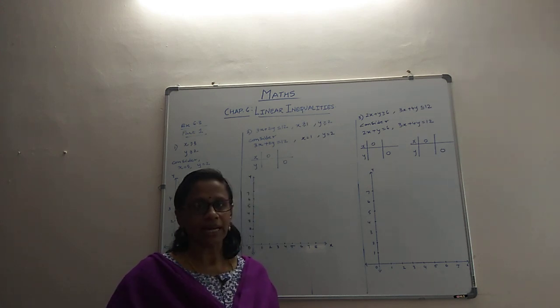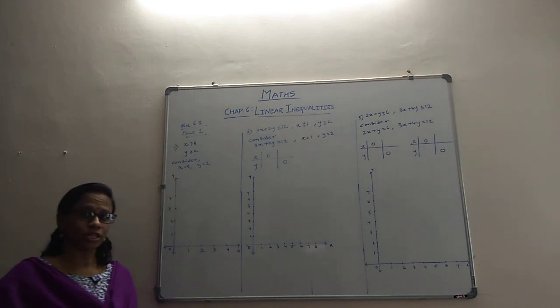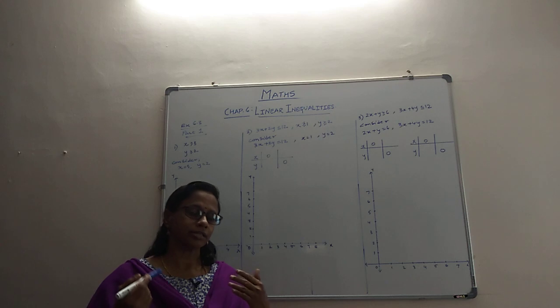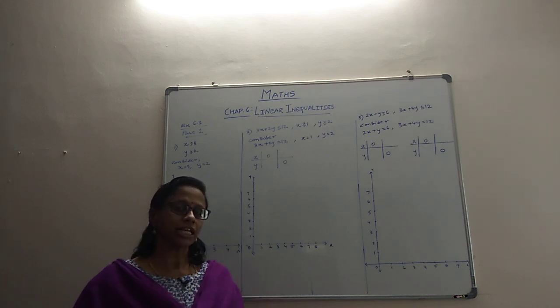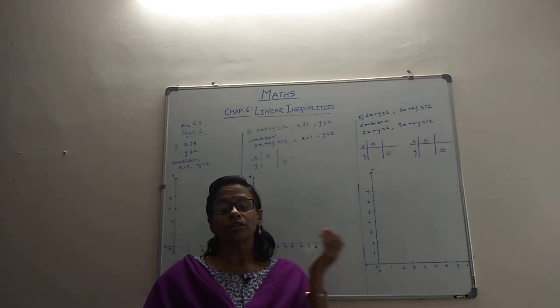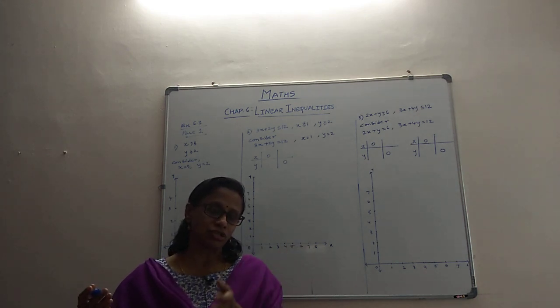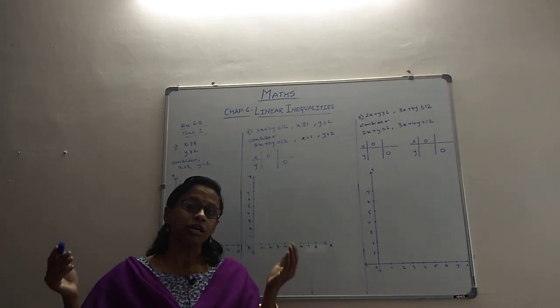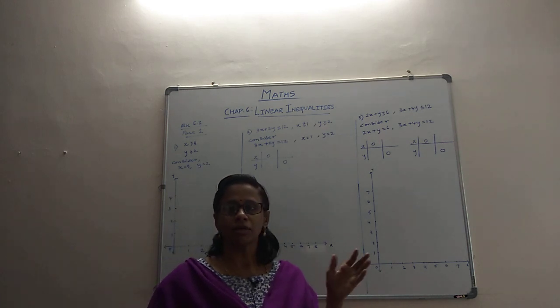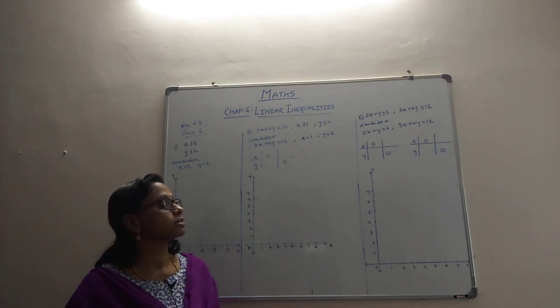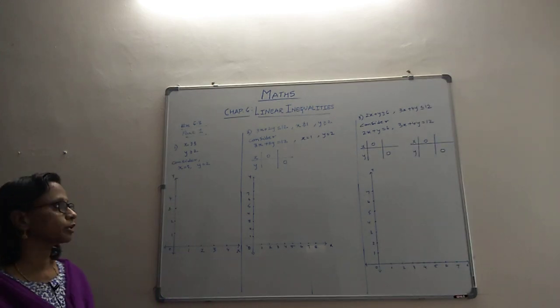Now we move one step ahead, we will have inequations but we will have not one, we will have many inequations, like sometimes 2 inequations, sometimes 3 inequations, sometimes even 4. And on the basis of that, you have to plot and get the regions of solutions and then find out which is a common region of solution. So that is what we are going to do in this exercise. This is exercise 6.3 and this is a part 1 video.